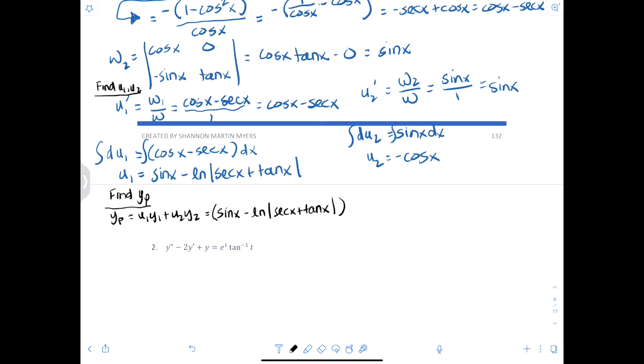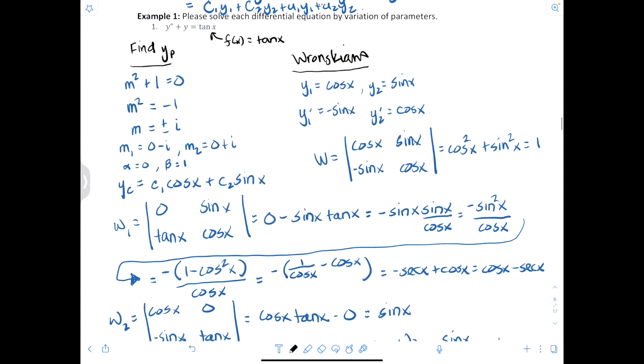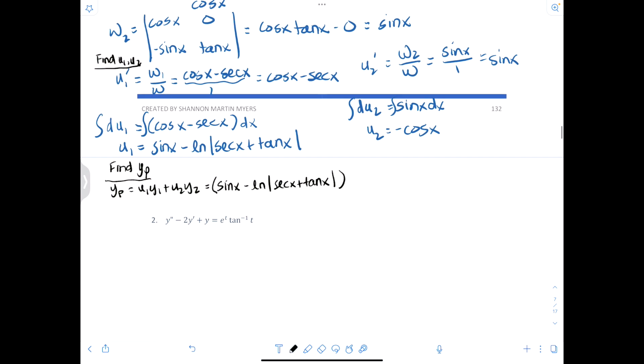And then what was our y1? Remember, y1 way back when was cosine x. This is all times cosine x. And then u2 was actually negative, right? So minus cosine x times